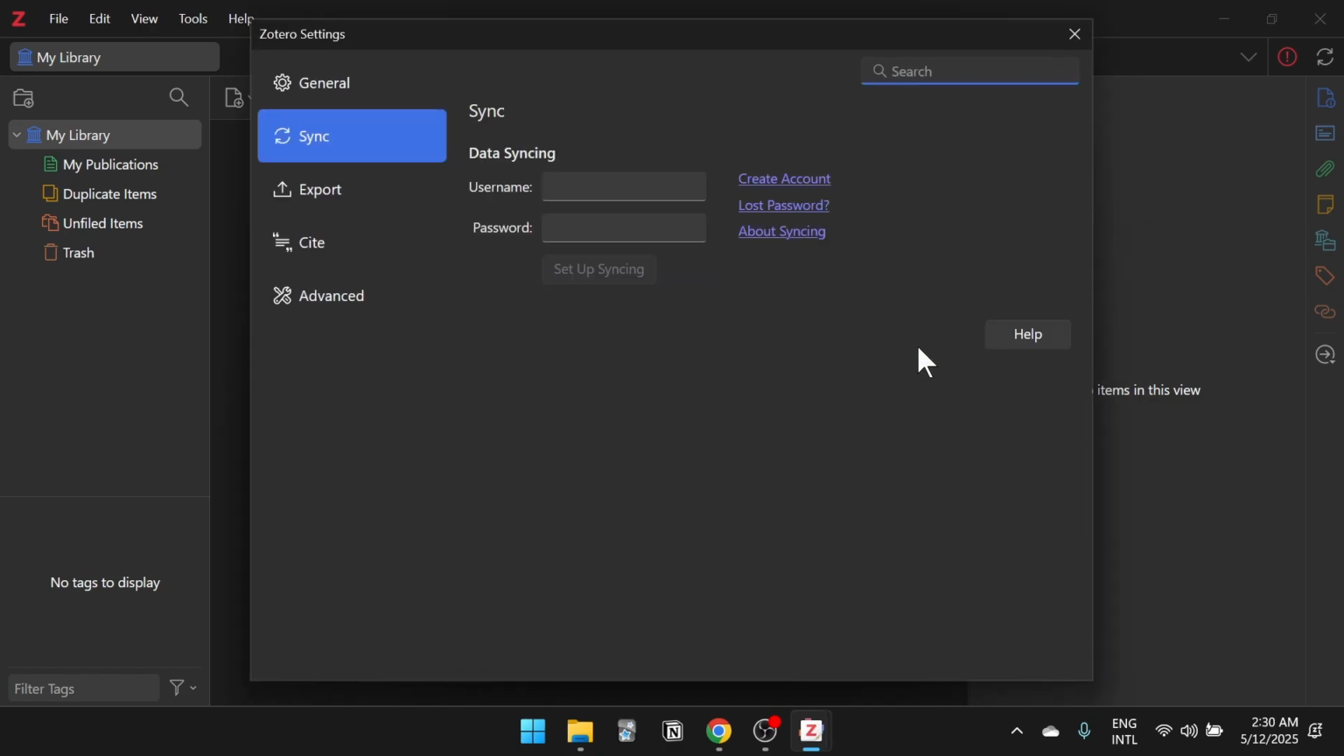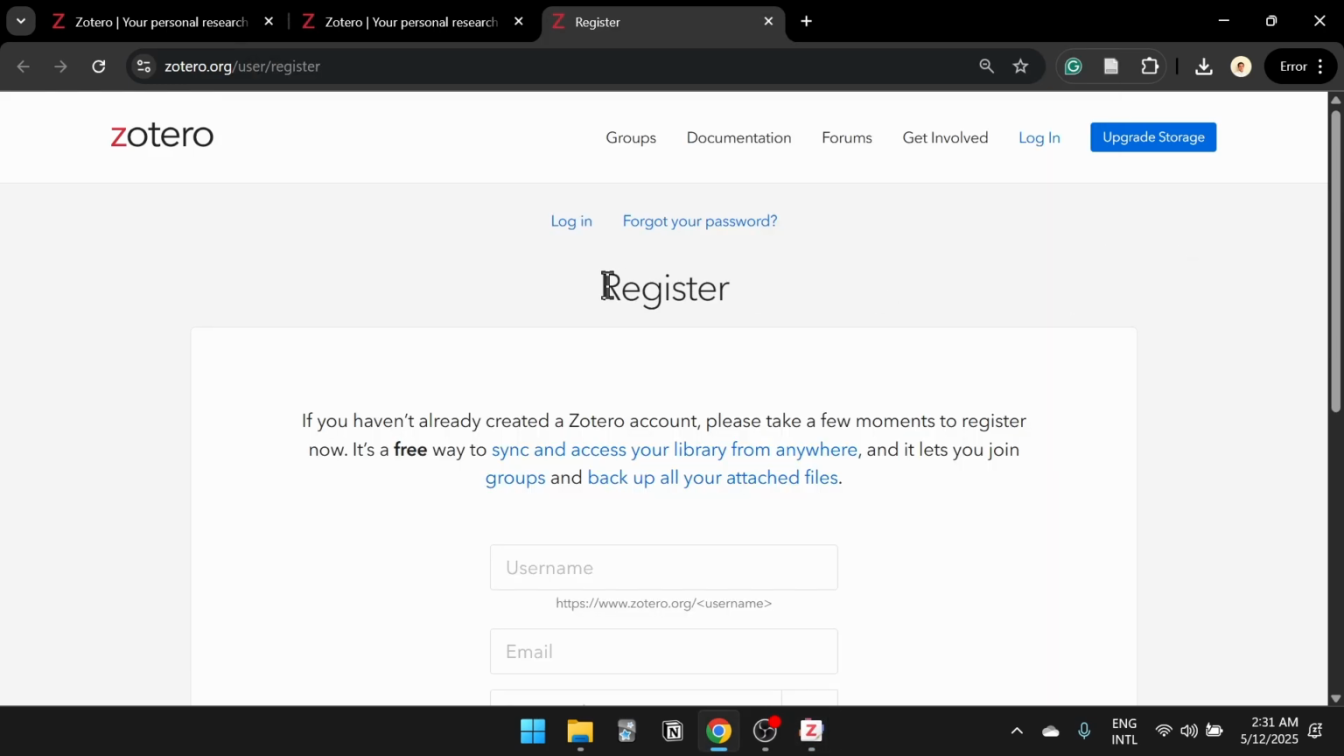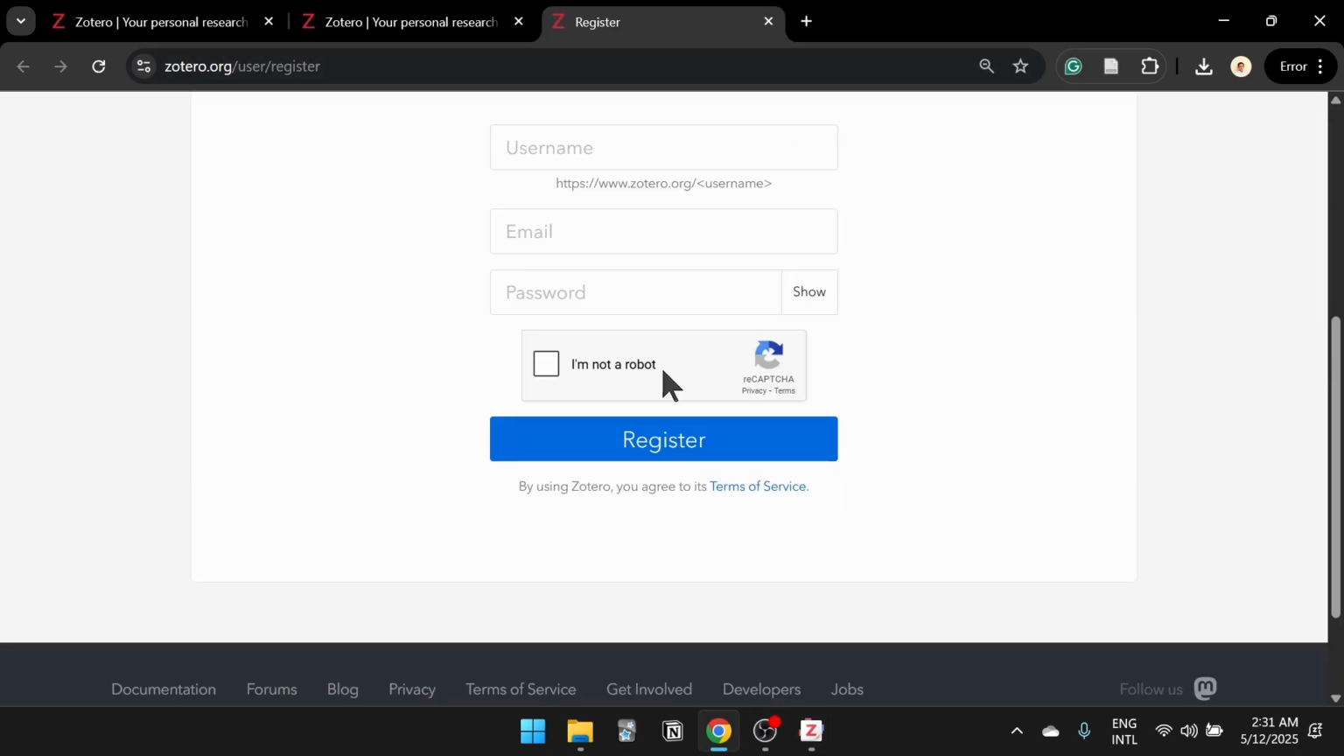So open sync preferences, and here you have noticed that you have to enter an account. So if you already have an account, just write your username and your password. But probably you don't have an account, so you want to create an account. So click here on create an account. And here in the official website, you can